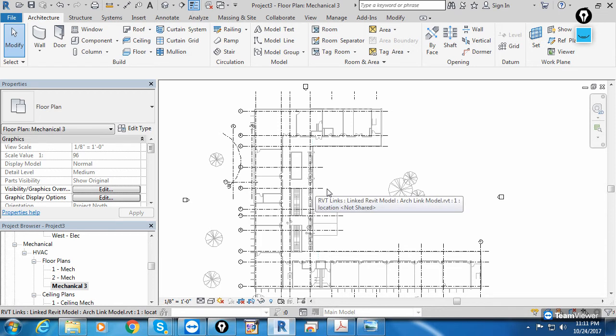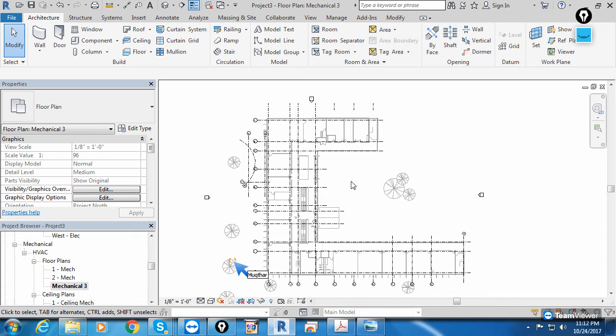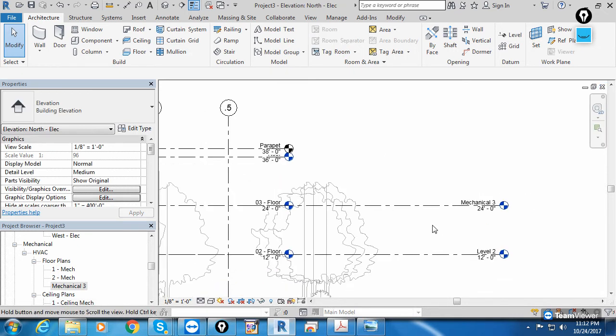Level 3 is the second floor, and level 1 is the first floor. Following online, this is an important topic. Initially we discussed this, but now you can understand its importance, because we have already completed the services with multiple views. Okay, so in this way we can create the views.